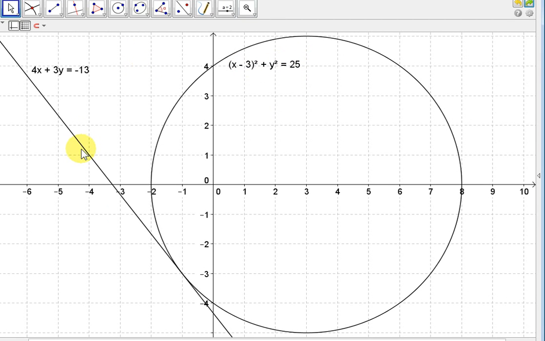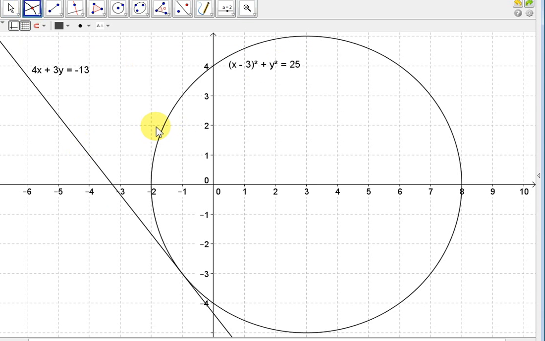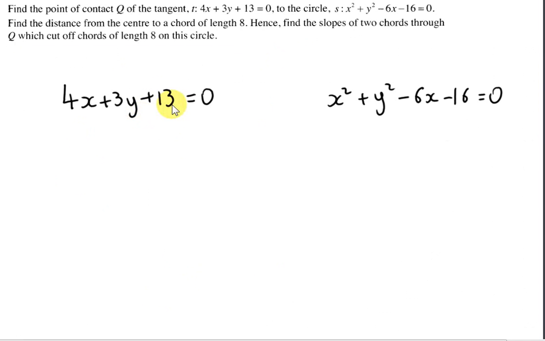Let's look at the point or points of intersection of the line and the circle. Indeed, there's only one point, so the line is a tangent to the circle as stated in the question. The point of contact is actually minus 1, minus 3. We've covered this in algebra. We want to solve between a linear equation and a nonlinear equation. You'll see how to do this in the section on simultaneous equations, where one equation is linear and the